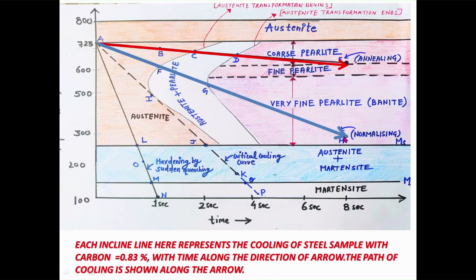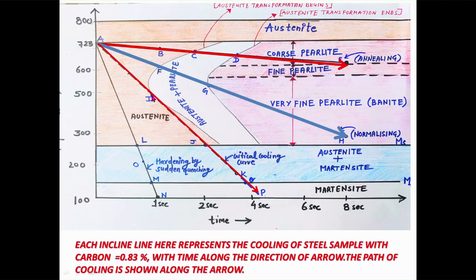Now, if we increase the cooling rate further to 350 degrees Celsius per second, then we will move along this arrow AP, starting from A and moving to the end of the arrow at point P. While moving, we are just skipping the nose of the TTT diagram at point I. We are not touching the nose of the C curve here, so pearlite will not form in this case. We will encounter the austenite phase